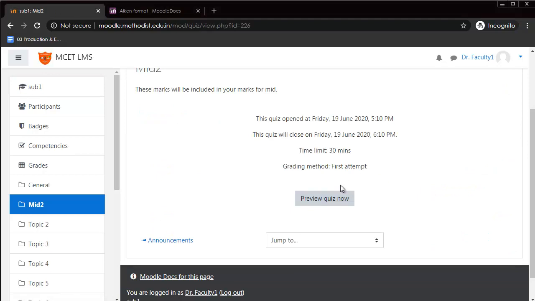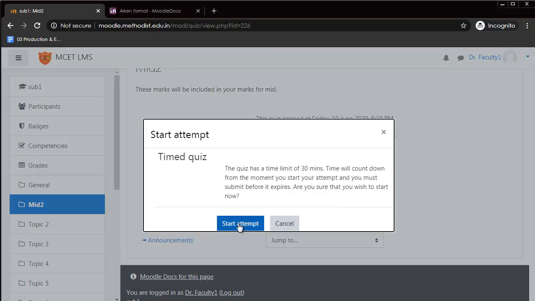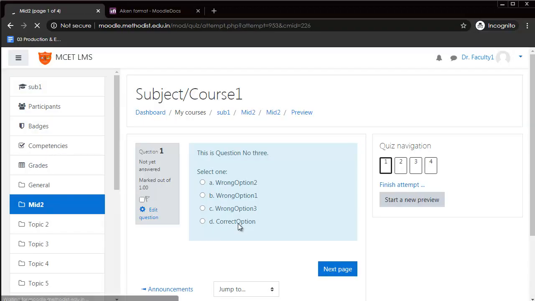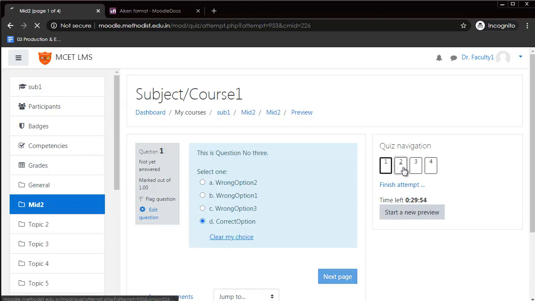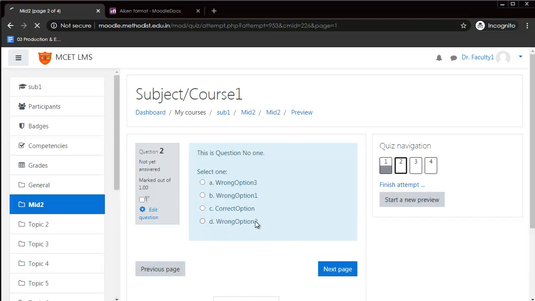It is advisable for the faculty to check this himself or herself by doing a first attempt before giving it to the students, so that there are no doubts left. So the faculty can choose the correct options for each question.